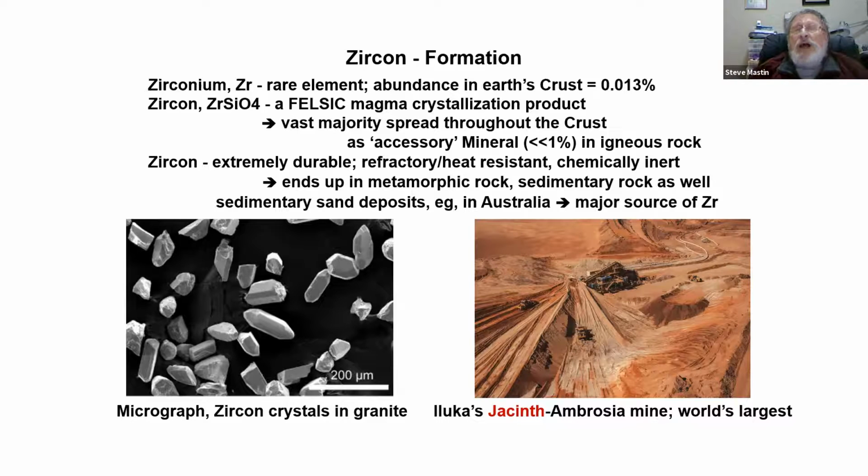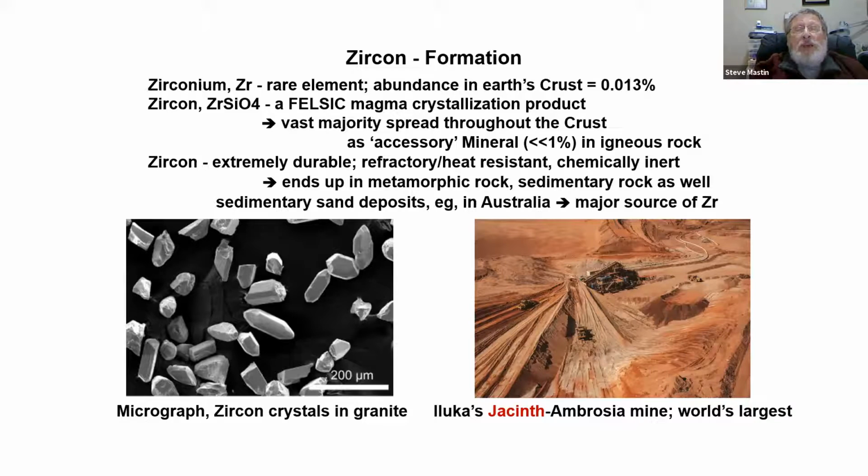And because zircon is extremely durable, because it's heat resistant and chemically inert, it ends up in other kinds of rocks, metamorphic rocks and sedimentary rocks as well. And in fact, the major commercial source of zirconium, which is a very important element in all sorts of fields, comes from sedimentary sand deposits, primarily in Australia and also in South Africa. And so